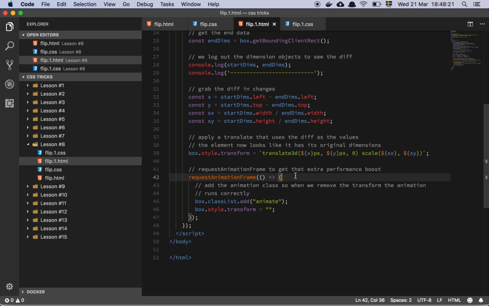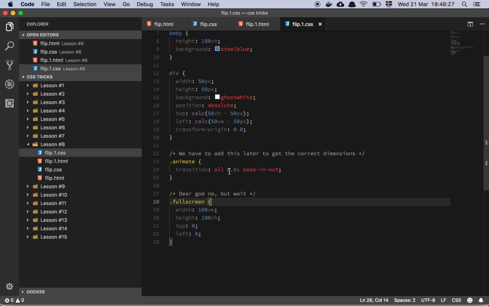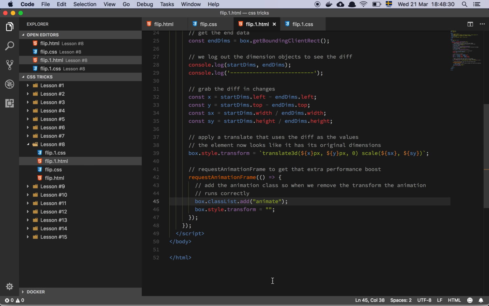And then we get a requestAnimationFrame, and we add the animate property, because remember, if we add the animate, there's going to be a transition. And when we then remove all of this translate information here, in other words, we are removing the scaling information and the translate3d from our transform property, then the animation is going to flow back, or it's going to expand if we're in the full screen mode, and it's going to do it